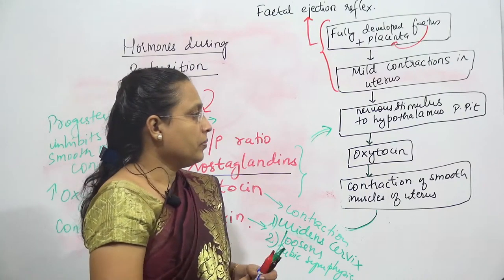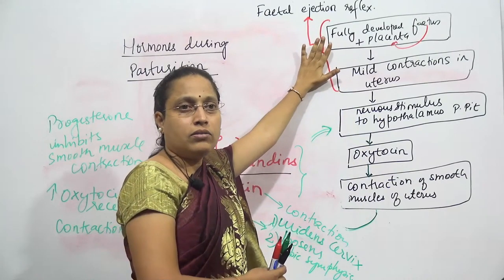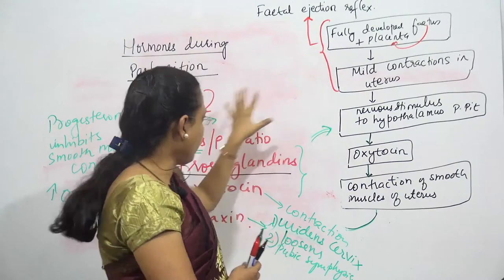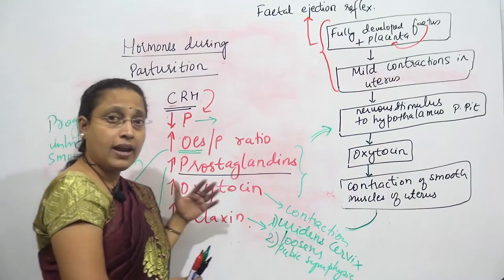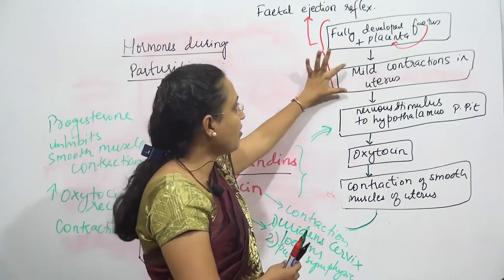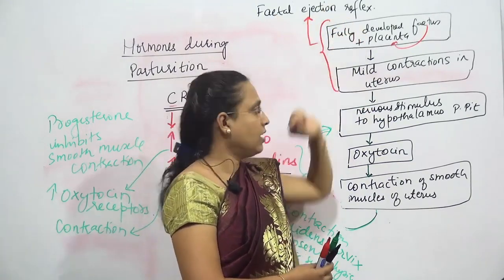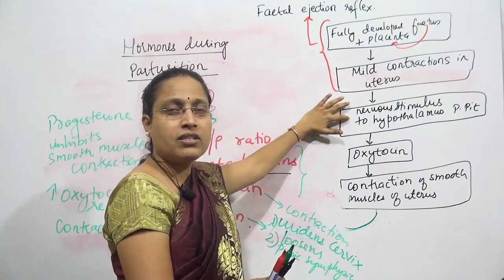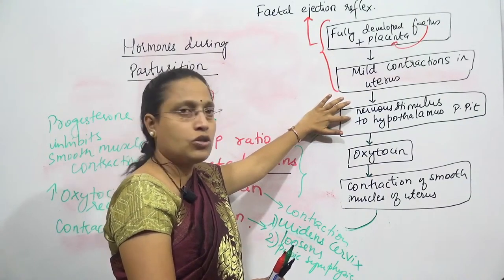However, this is the main reason for parturition. The fully developed fetus will have a hormonal effect. Certain hormones become more or less, so it is both the neuroendocrine system. That will initially cause a mild contraction, which is called fetal ejection. As the milder contraction continues, it is going to disturb the stretch receptors, the sensitive receptors present in the cervix. They will send a message to the hypothalamus.